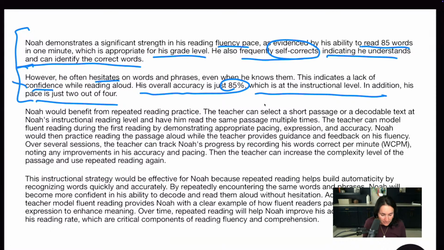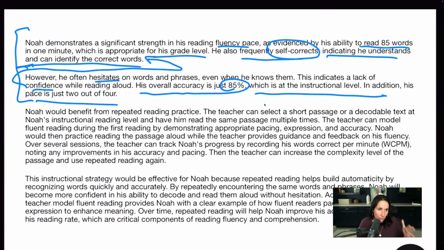Now, if you wanted to attach this to here, you could. If you wanted to make it the first 2 bullets, 1 paragraph, you could. You could do the strength and then the weakness in 1 paragraph. Now, notice that we didn't start off with an introductory and all this stuff. Just get to the point. You do not have time to be doing intros and outros and all this stuff or conclusions.